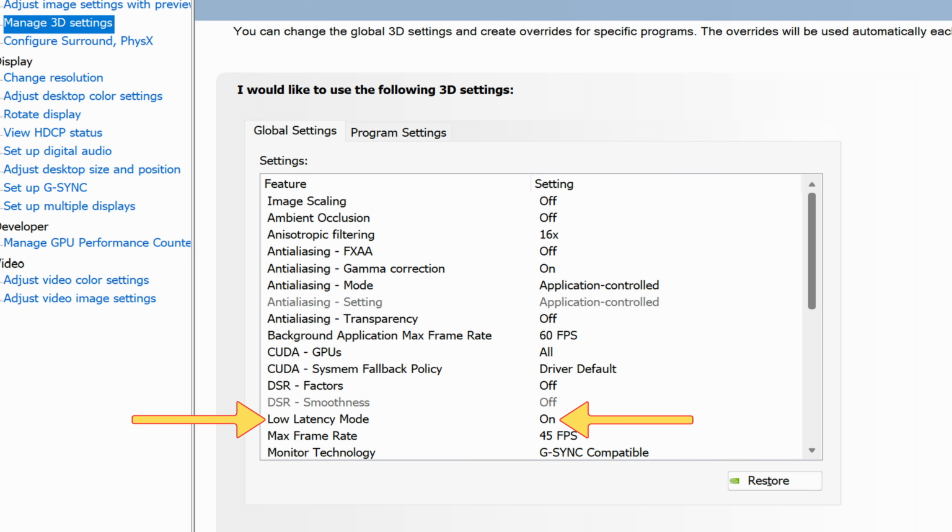Next up, we have low latency mode. Low latency mode tells the GPU to send out frames faster. So even though we are going to be frame locked at 45 frames, this can cause those frames to come more rapidly. And this can reduce input lag in some games, but in Microsoft Flight Simulator, especially in VR, that